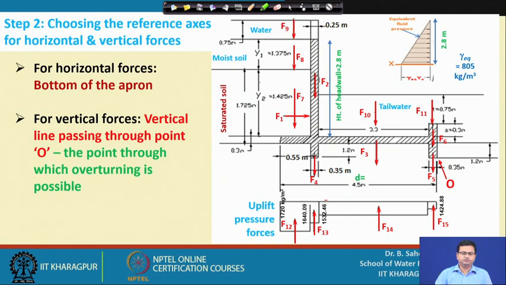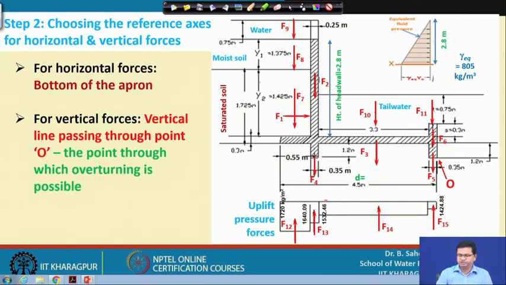Now, you have to choose the reference axis for horizontal and vertical forces. In this figure, I am taking this downstream location as O, my reference point, because of these horizontal forces and these upward forces, the turning will occur about this point. That is why I have taken this point O as my reference point, and I will be taking a reference line along this